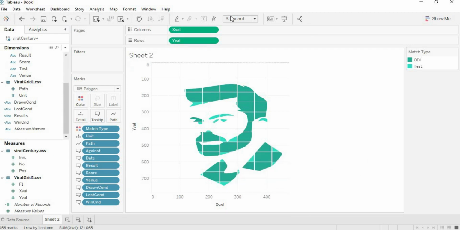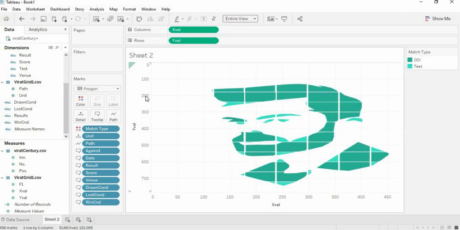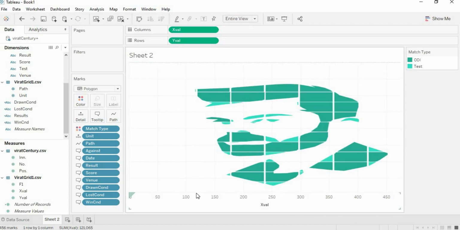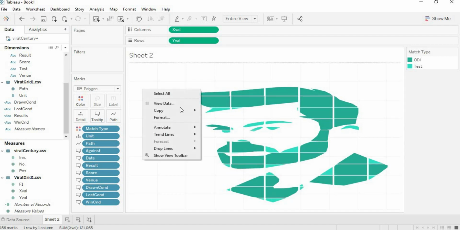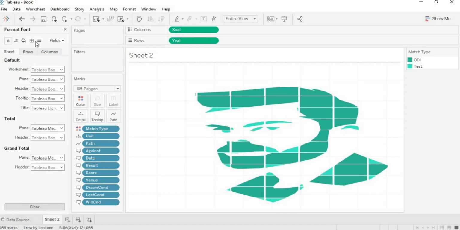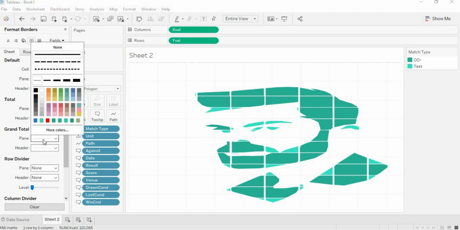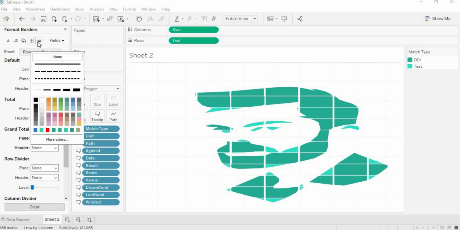Now the next thing is we need to format it. So first you need to hide the header. Right click on it, format, remove everything, lines.